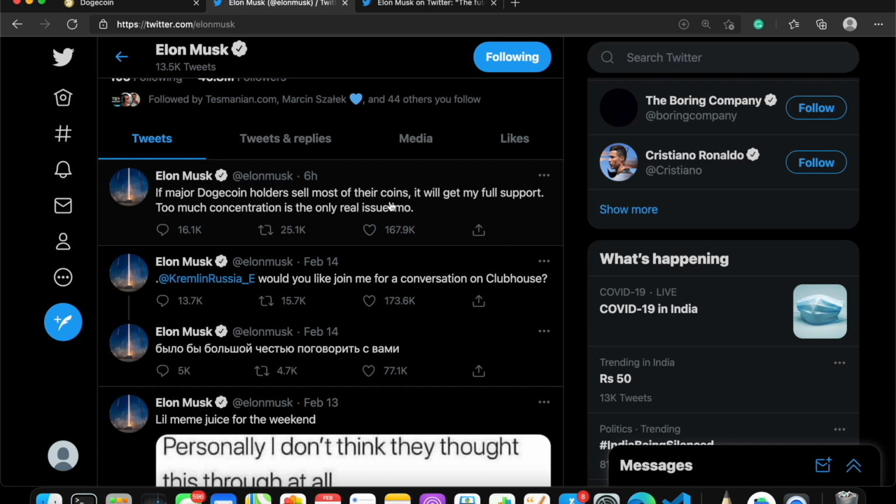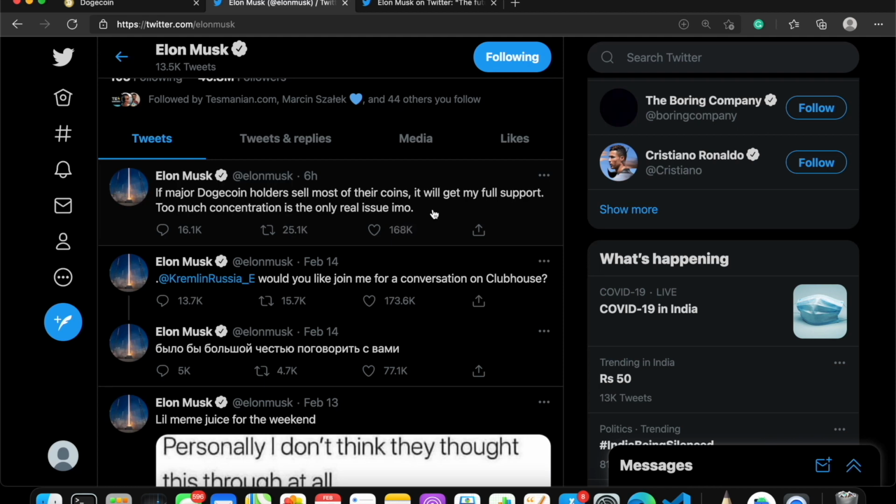What he's saying is, there is some person holding around 20% of the Dogecoins. Which means that if he invests some money into Dogecoin, say for example 100 crores, almost 20% of that money will go to the person who is already holding it, right?